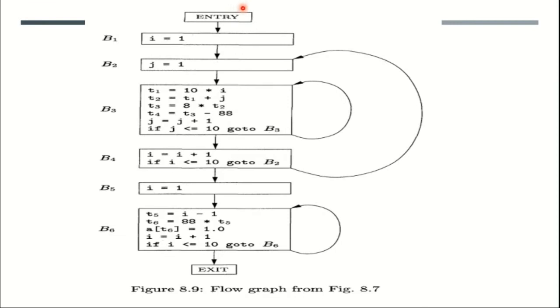So the three address code can be converted into a flow graph in this manner. First of all, we identify the several basic blocks for the given intermediate code representation, and then we branch from one basic block to another. Whenever the first instruction of basic block 2 comes immediately after completion of basic block 1, we can branch from B1 to B2 in this manner. So this is the process of constructing a flow graph from the intermediate code representation.